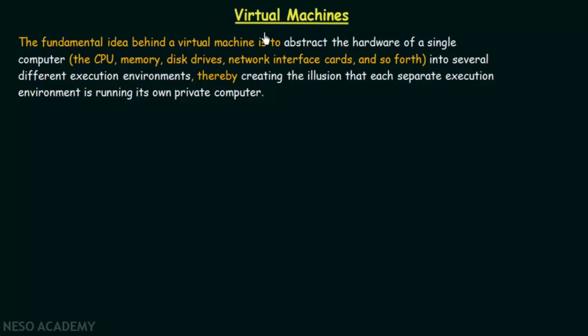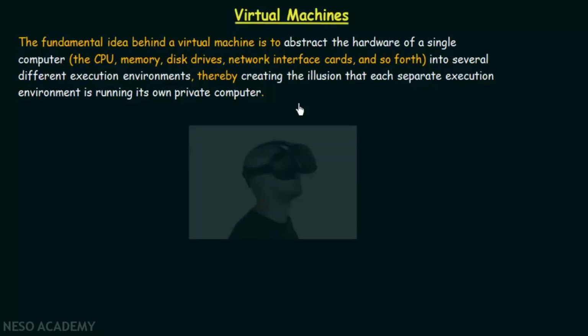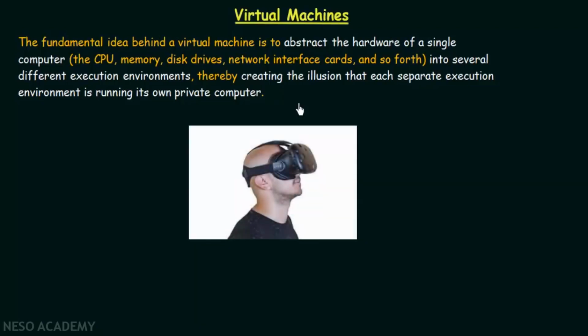So the term virtual, what does it mean? It means that it is not physically real, but we try to make it look like it is physically real. These days you must have come across virtual reality, which is a very popular and common topic. You even have virtual reality headsets, and when you wear them and watch some video, you feel like you are physically in that video, or you feel like it is physically happening around you. But in reality it is not physically happening, you are just getting the illusion that it is.